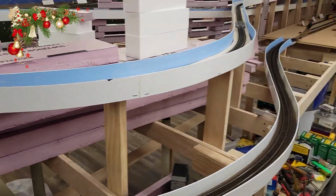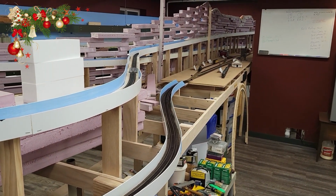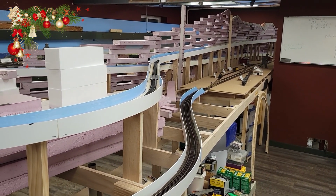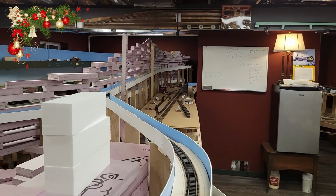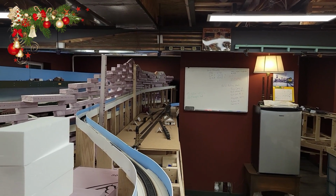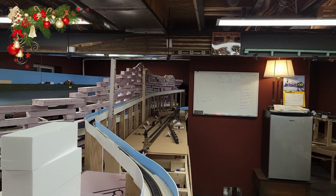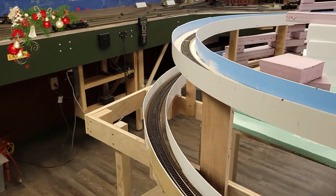The upper track there is the Chicago Northwestern line to Riverton, Hudson, and then finally on to Lander. That's going to be hidden by a backdrop that's about as tall as the Northwestern track is high down at the far end of Thermopolis. And above that will be a black curtain, like a theater curtain or something like that, that will hang down just below the top of the backdrop. So we come on around these curves,